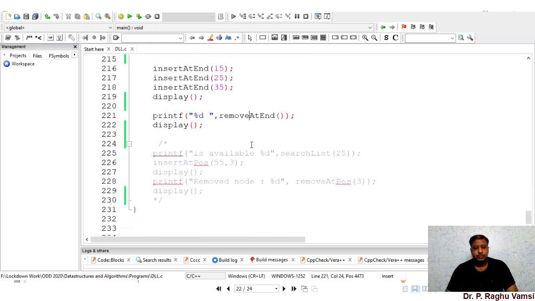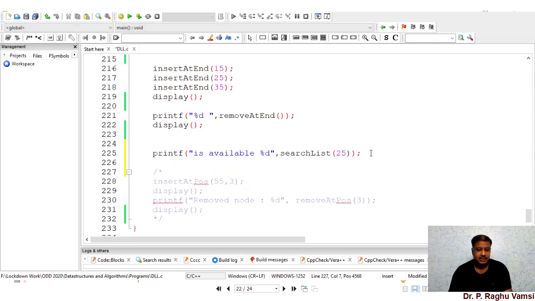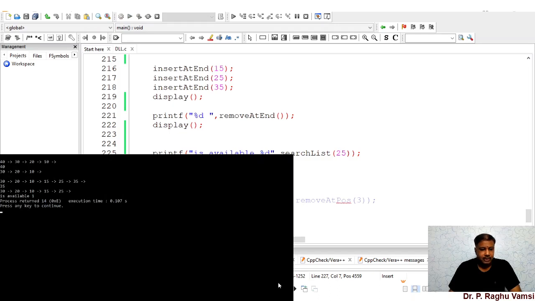Now we'll go for searching of an element in a list. Searching of an element in the list is simply like our single linked list. If the element is available in the list, then it will return 1, otherwise it will return false. So the same search list function is going to be used here. We'll see whether we get the output or not.